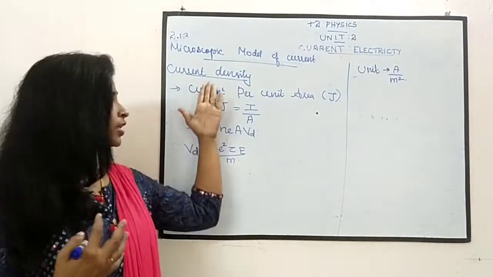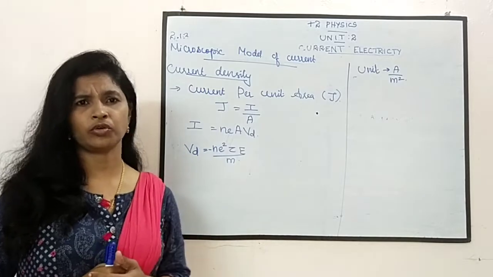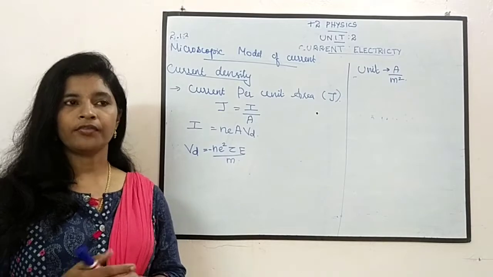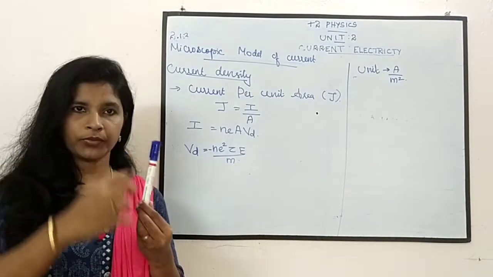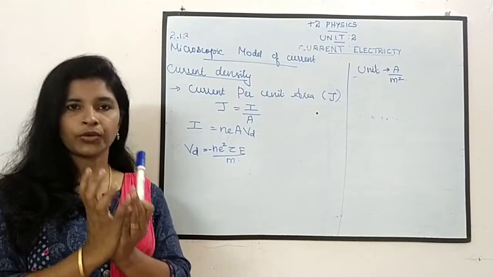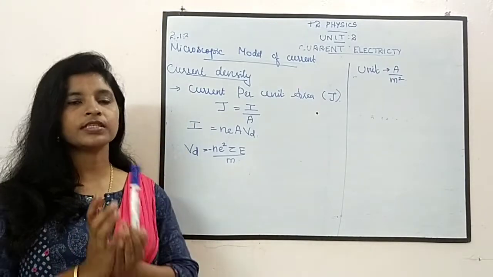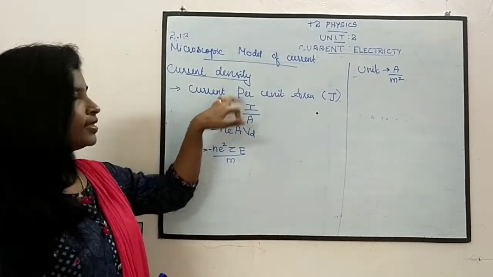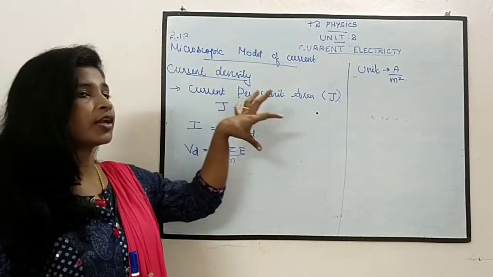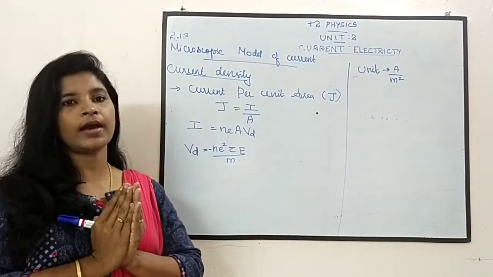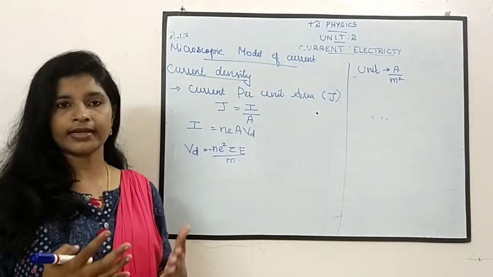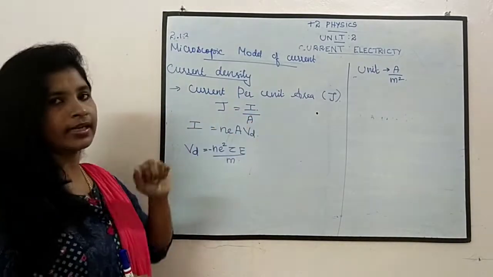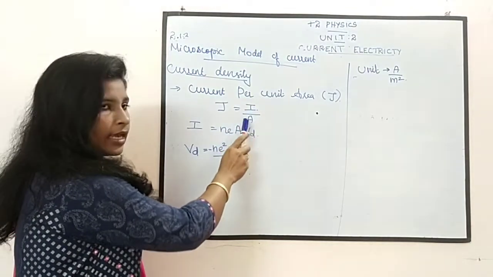Okay. We might have heard about this word density in our first unit. So many times we have discussed, right? What is charge density? Charge per unit area. If you are taking a linear conductor, charge per unit length. If it is a volume, charge per unit volume, right? If it is a flat surface, charge per unit area, right? Here also we are taking the current density. Current density means current per unit area. ஒரு meter square area ல எவ்வளவு charge இருக்குதோ, that is called charge density. Okay. So current density is nothing but current per unit area.